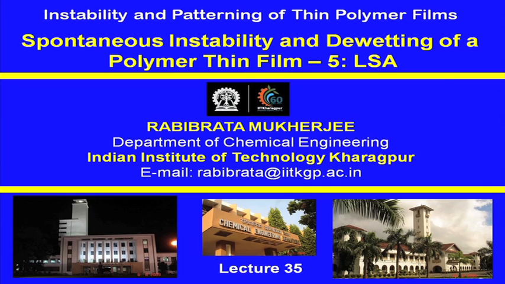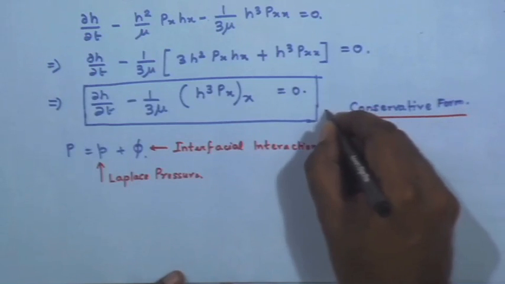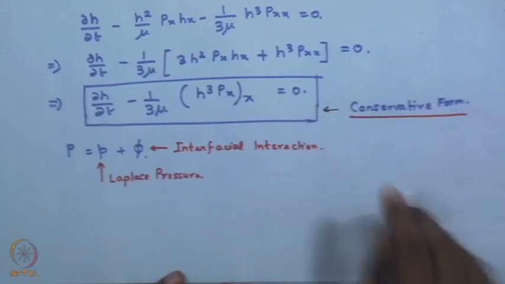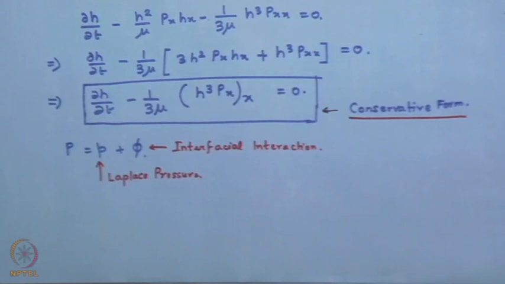Welcome back. We will continue our discussion on the linear stability analysis which we were performing for trying to understand the spontaneous instability of an ultra thin liquid film. You may recall that in the previous class we were doing the derivation. So, we were looking at the order of magnitude analysis of the governing equation and incorporating the appropriate conditions, which